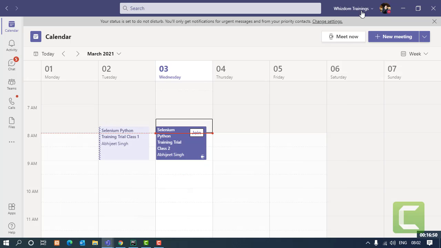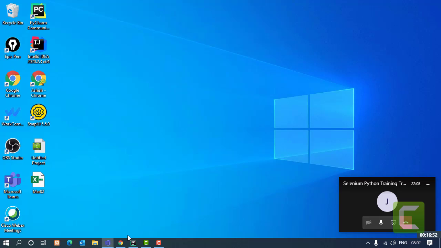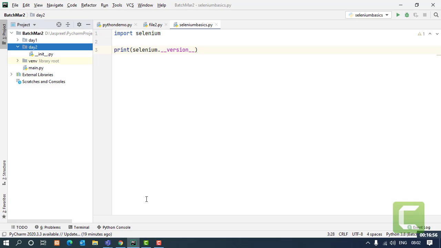Okay, so yesterday we have done the setup of our whole thing, that how we are going to start with. Let's just move further with the topics of Python and Selenium. Now if we talk about Python, Python is an object oriented programming, right? And when I talk about object oriented programming, it totally means that everything that we're going to do is going to be with the objects, right?